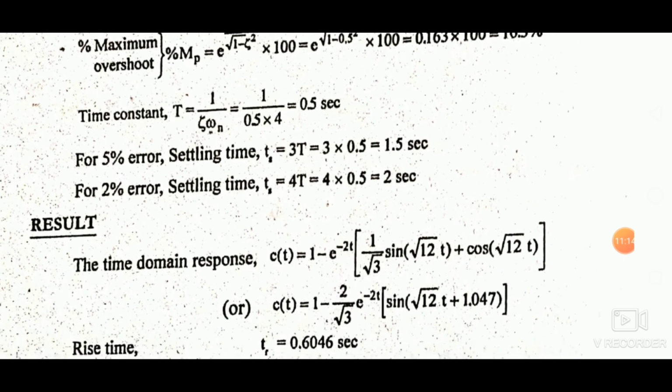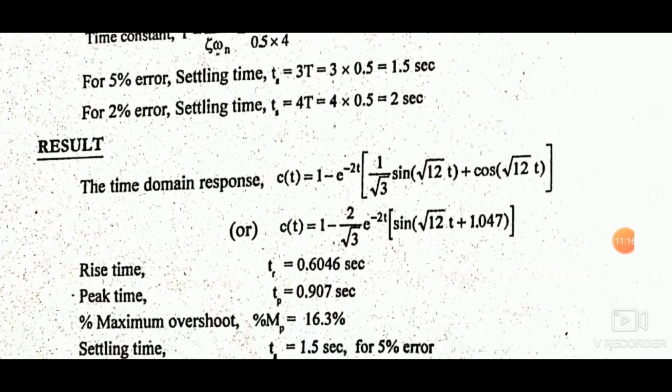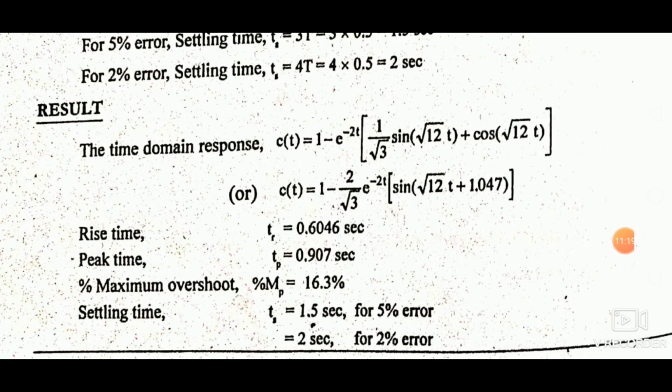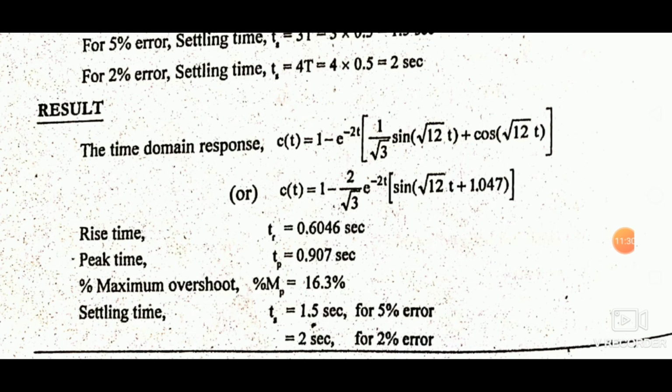Finally, the result is the time domain response c of t equal to 1 minus e power minus 2t into 1 by root 3 into sin root 12 t plus cos root 12 t. Rise time tr is equal to 0.6046 seconds, peak time 0.907 seconds, and maximum overshoot 16.3%. Settling time Ts is 1.5 seconds for 5% error, 2 seconds for 2% error. This is one of the important topics. So going to the